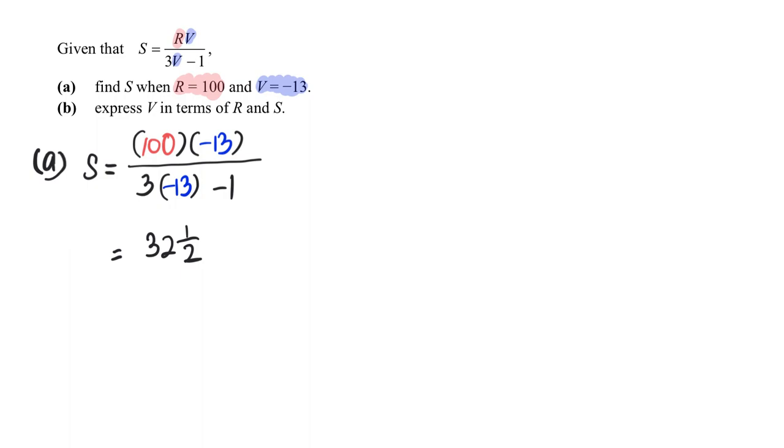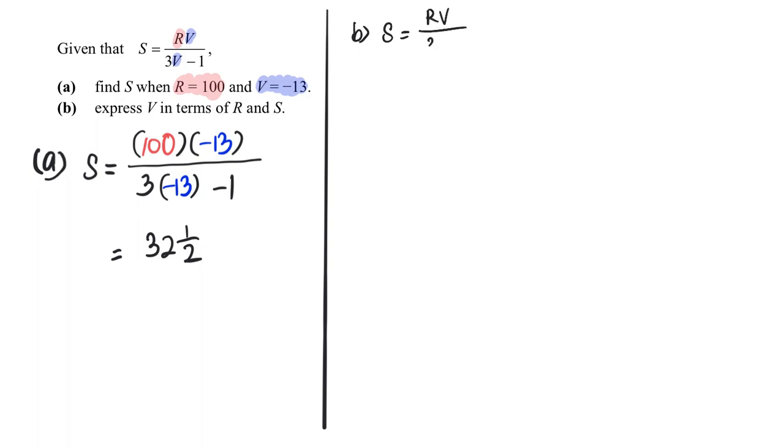Part B. Now we are required to express V in terms of R and S. So let's do some algebraic manipulation then, alright? So starting with S equals R times V over 3V minus 1. At this point, I do like to multiply 3V minus 1 on both sides